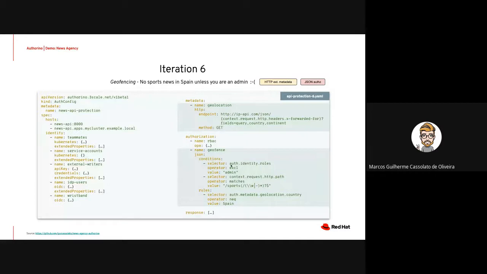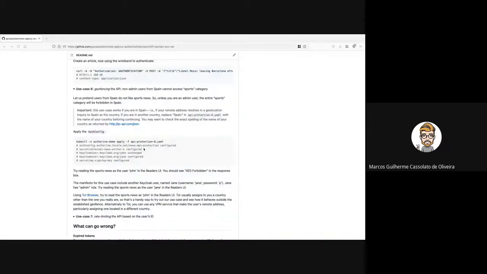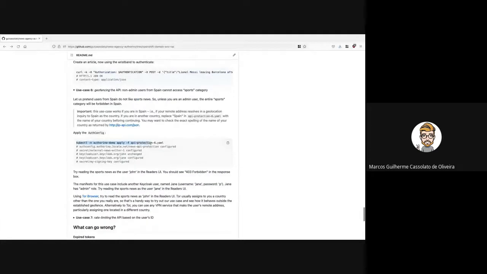Again, we could use JSON authorization here. Because we already normalized the access tokens, we can trust that we always have this property here. If the list of roles excludes admin, meaning admin is not present there, and the requested path matches this regex here, so it starts with /sports, then the country must not be equal to Spain, it cannot be Spain. Otherwise, access will be denied. Okay, so if we apply this,